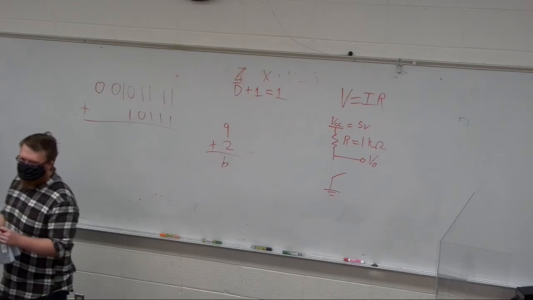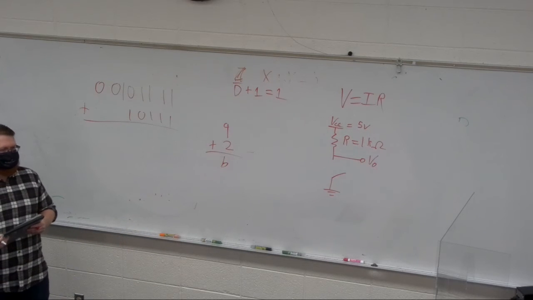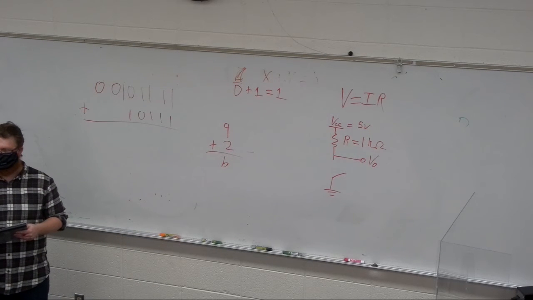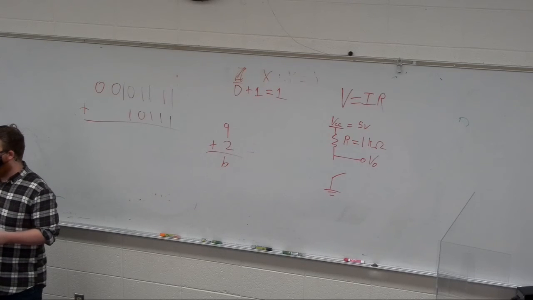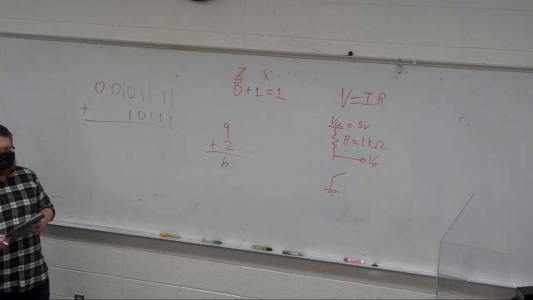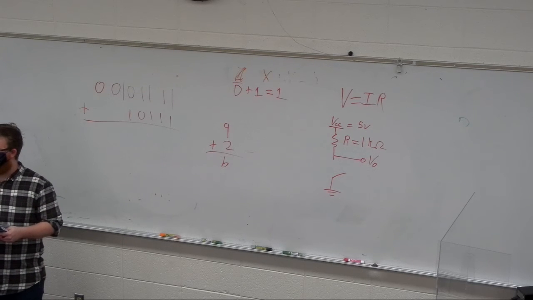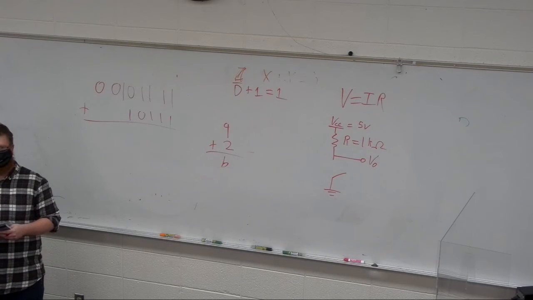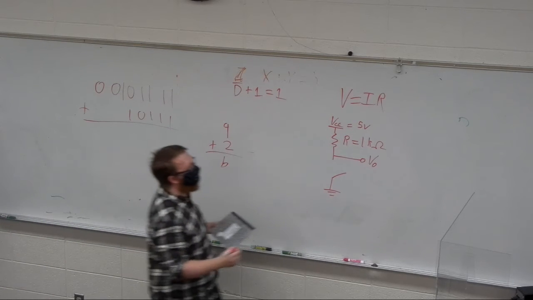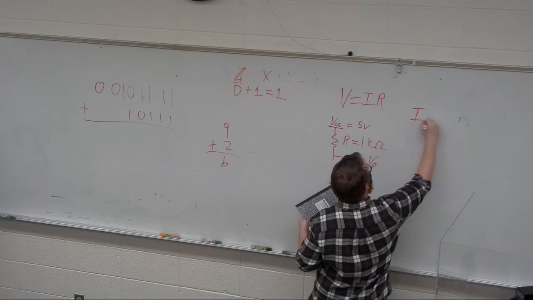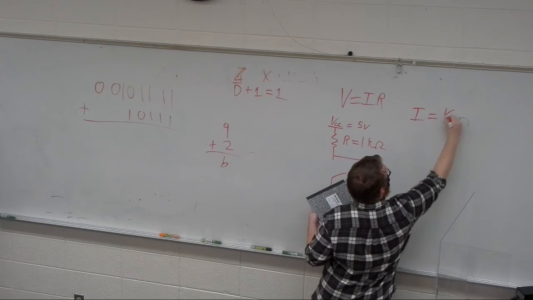What is the current flowing through the resistor when the switch is open? So you do current is equal to. So, yeah, you convert this to I equals V by R,